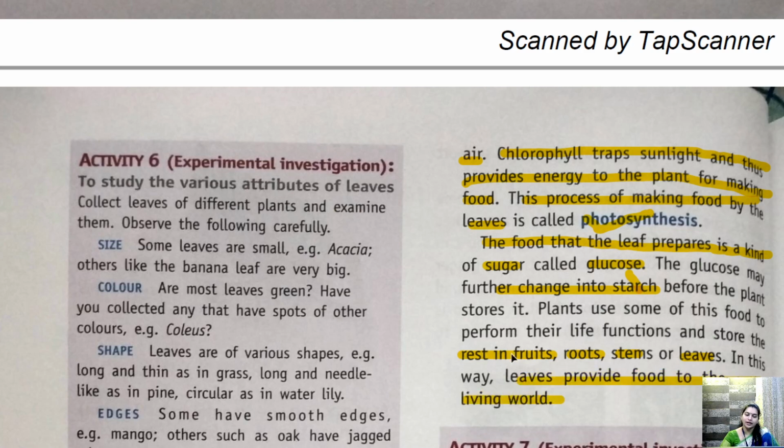Are you getting it? So सबसे पहले क्या जरूरी है? लीफ क्या करता है? लीफ फूड प्रिपेयर करता है. कैसे प्रिपेयर करता है? In the presence of sunlight, chlorophyll, water and carbon dioxide. ओके, तो क्या करता है? लीफ फूड प्रिपेयर करता है. प्रोसेस इज कॉल्ड फोटोसिंथेसिस. क्या बनाता है खाने में? ग्लूकोज बनाता है खाने में.